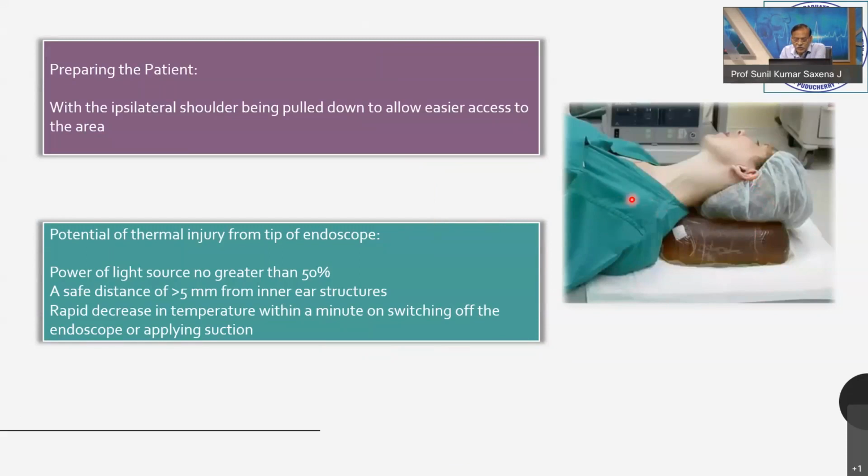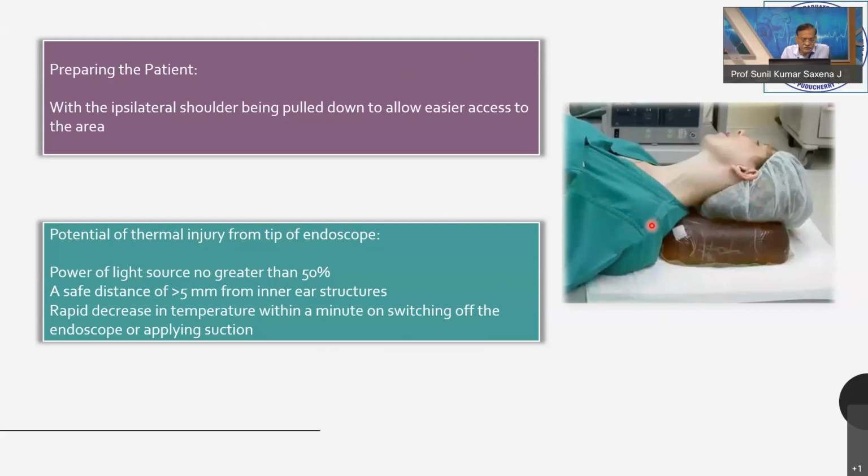This shoulder should be down because, suppose I'm sitting on the right side, I have to put my endoscope through here. If the shoulder is raised, it obstructs my endoscope. So this shoulder must be down. The problem happens in an obese patient where this shoulder is a little higher up. In that case, you will have to raise the head a little bit more so that the shoulder remains down and